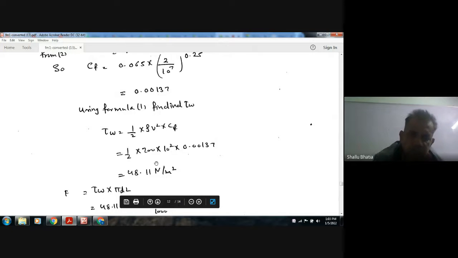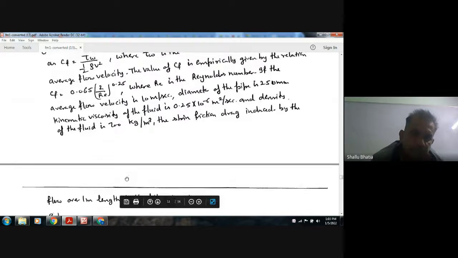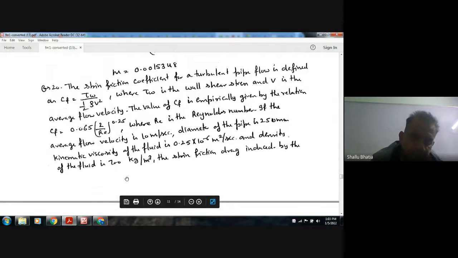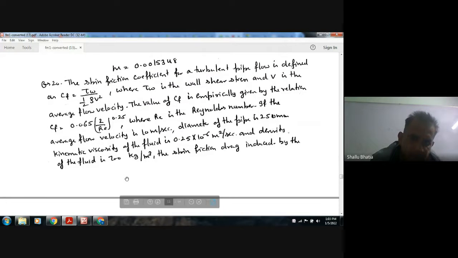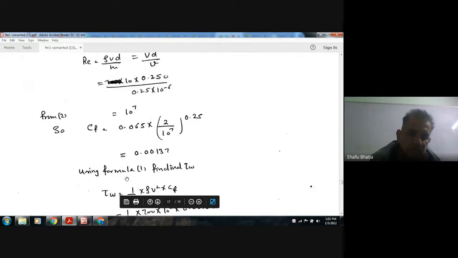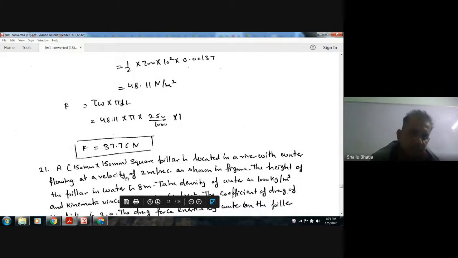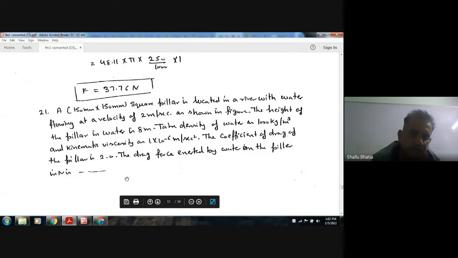Now the shear force is nothing but tau W into the area parallel to the shear stress, that is pi d L. Here L is 1 meter. So tau W is known, so we can find out the force, 37.76. Next,